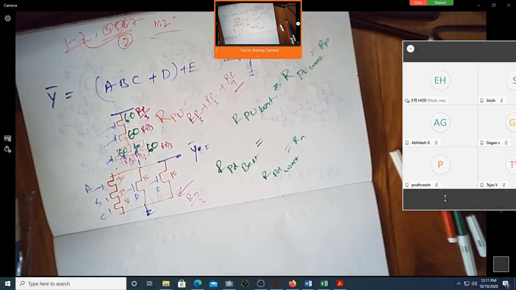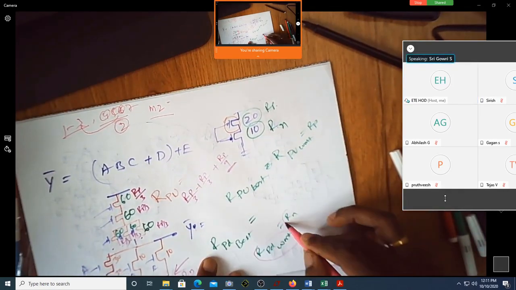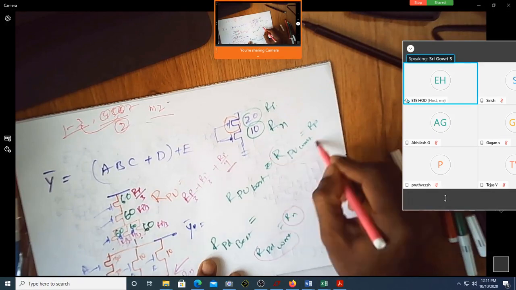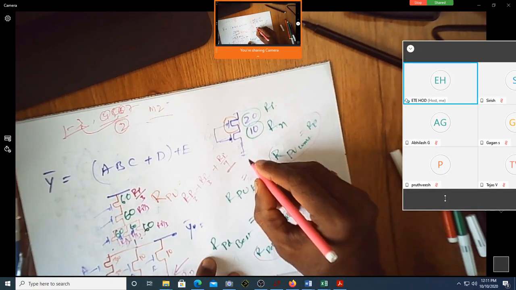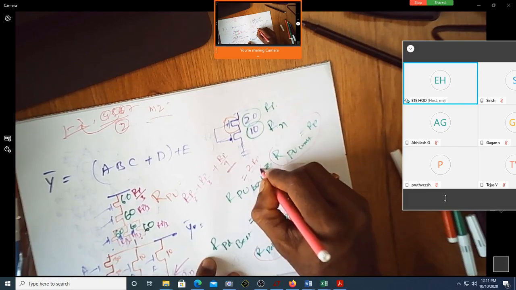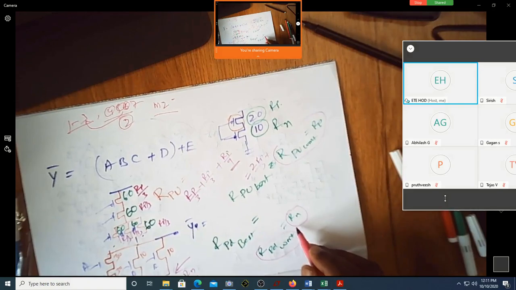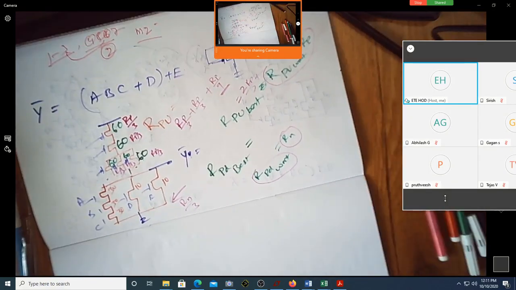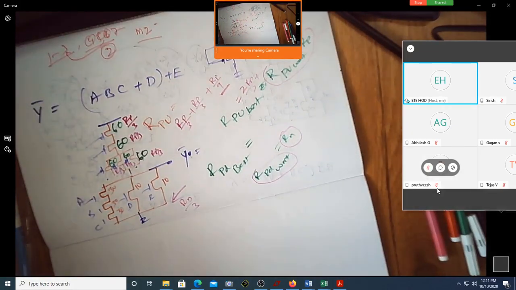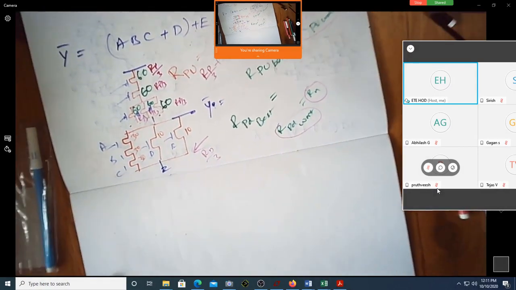So whenever we design anything, we always look for the worst possible case. Even in the worst possible case, I should have RN. Even in the worst possible case, I should have RP here. So the best is, okay, here you can see it is 2 RP by 3 plus. Of course, it is certainly less than RP. Here it is less than RN, which will be RN by 3. Correct? Okay, this is how we are going to size the transistor so that we are able to get the required value of pull up or pull down.